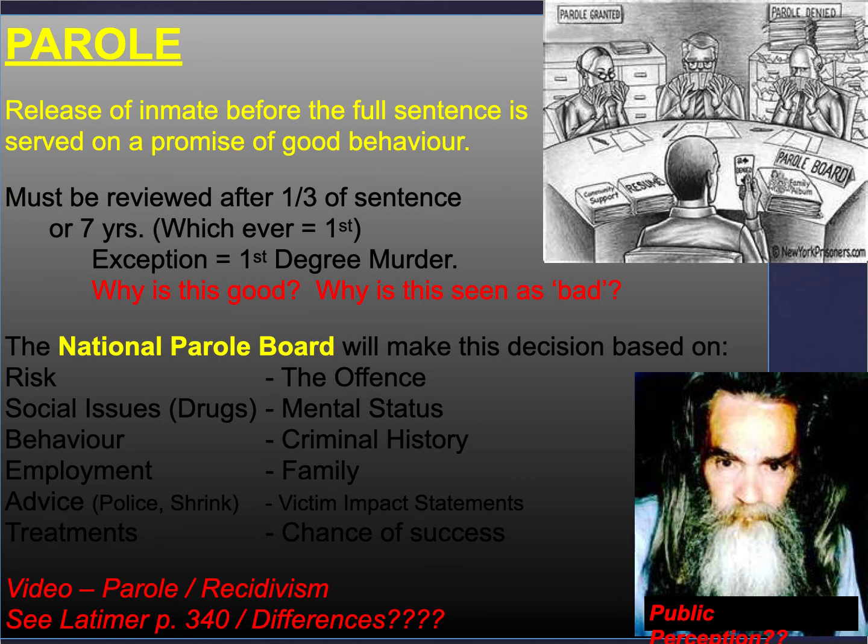Parole, as we mentioned before, is the release of an inmate before the full sentence has been served, on the promise of good behavior. Parole must be reviewed after one third of the sentence has been served or 7 years, whichever comes first. The exception is where the conviction is for first-degree murder. The National Parole Board will make its decision based upon risk, social issues, behavior, employment advice and treatments, the offense, mental status, criminal history, family, victim impact statements, and chances of success. We're going to look more into this with the Latimer case, but this is where the Canadian system